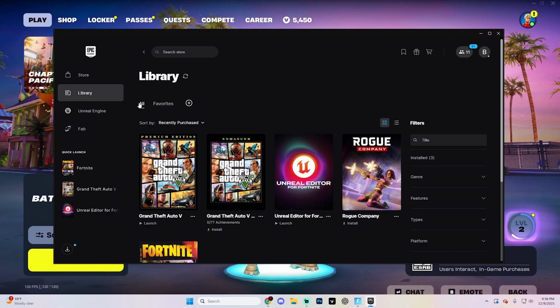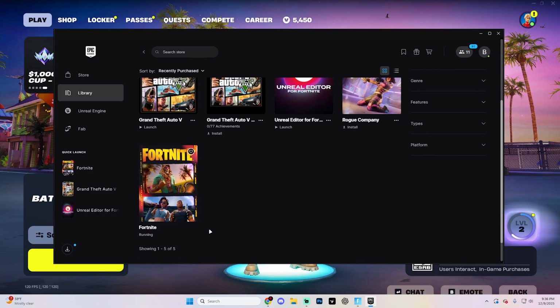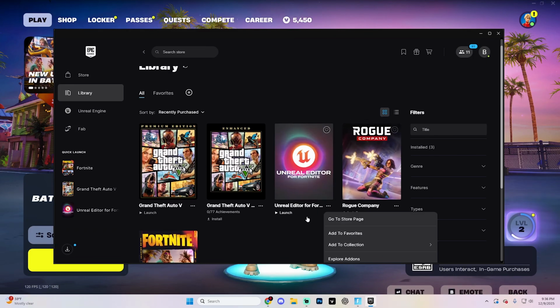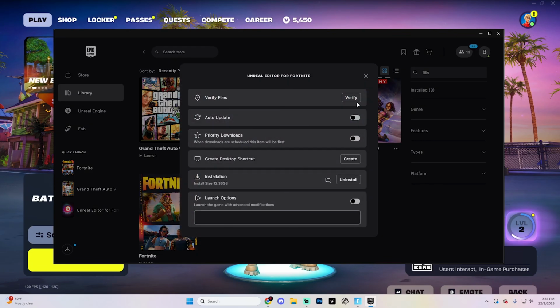From here, go into your library, and as you can see, all these other games have three dots next to them. Fortnite is still running for me. Obviously, you want to close your Fortnite, but go ahead and select the three dots next to the Fortnite option and then go into manage just like so, and then select verify files up at the very top. This is going to scan your files and repair anything that is broken or missing, and then try Fortnite again